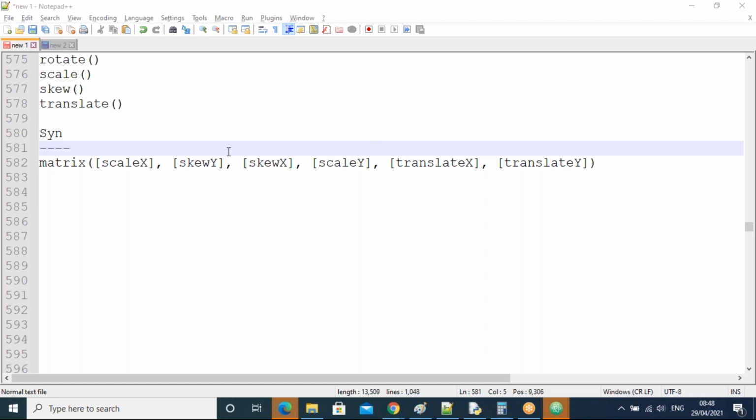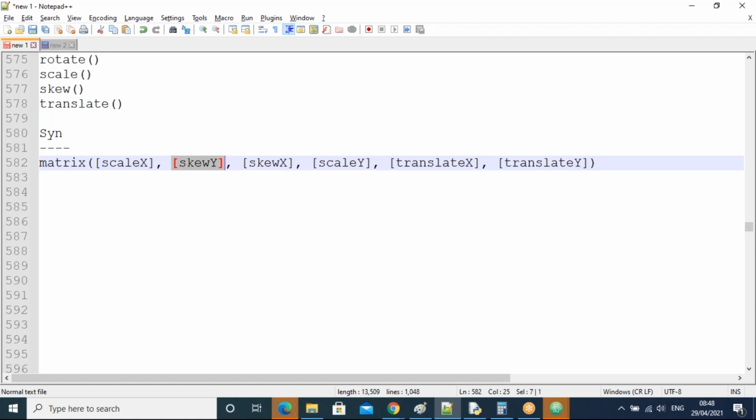Okay, right side. Then skew y means it will be rotating to which side? Right side. Now skew x is rotating to which side again? Left side, anti-clockwise. Then scale y means which one? Increasing the height, top side. Translate x means moving to which side? Again right. Okay, see, guys.